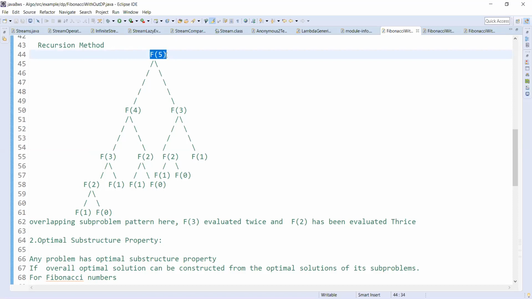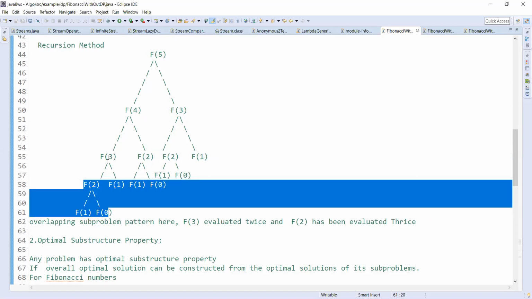Finding f of 5, we first compute f of 4. For computing f of 4, we first compute f of 3. For f of 3, we compute f of 2. And for f of 2, we compute f of 1. This is the base condition. We reached the base condition. Then we go to the right side of the tree, f of 0, and this is done.